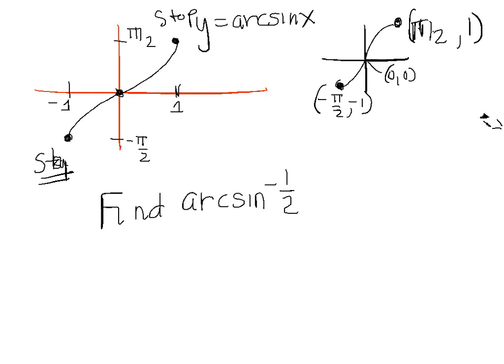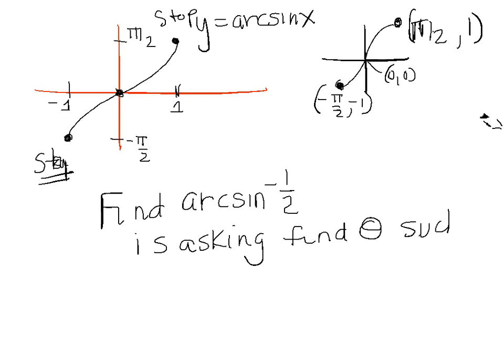Now remember, that's asking the same thing as reverse everything to find the angle. We're back to thinking about angles just because it helps us, such that the sine of the angle would equal -1/2. Okay? So arcsine of -1/2 would equal